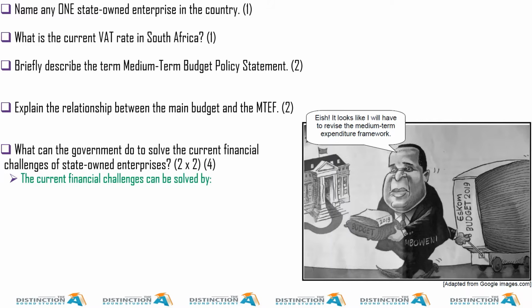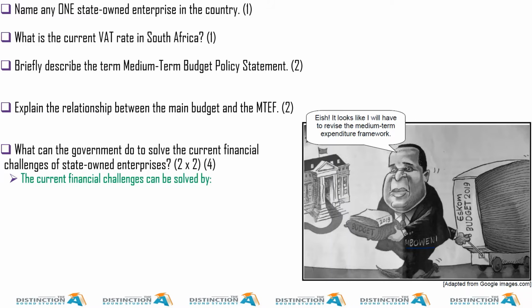As you can see, the exam would say, study the cartoon below and answer the questions that follow. It's one of the latest cartoons in our past papers, because this is the 2019 paper, last year. It says here, it looks like I have to revise the medium-term expenditure framework, which is done every October, and this is a 3-year rolling budget. You'll see some questions with regards to this, and the person saying that is Tito Mboweni. Why? He's the Minister of Finance, and he's the one responsible for this